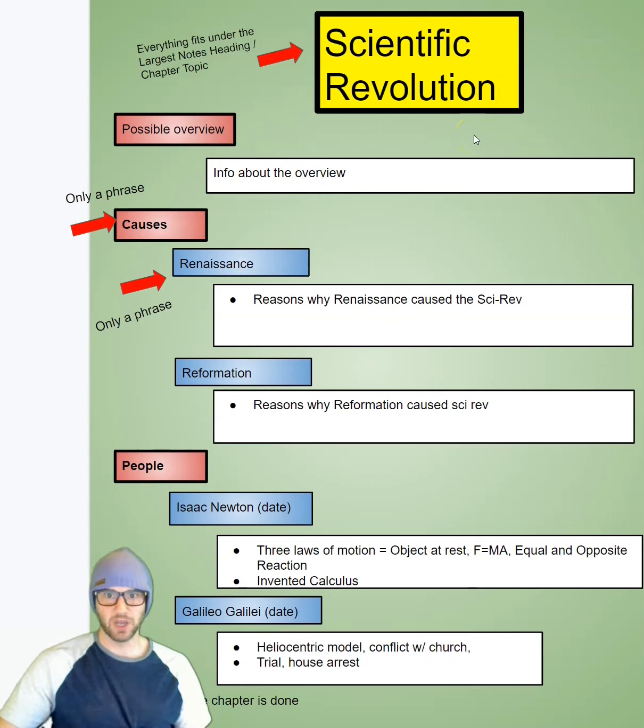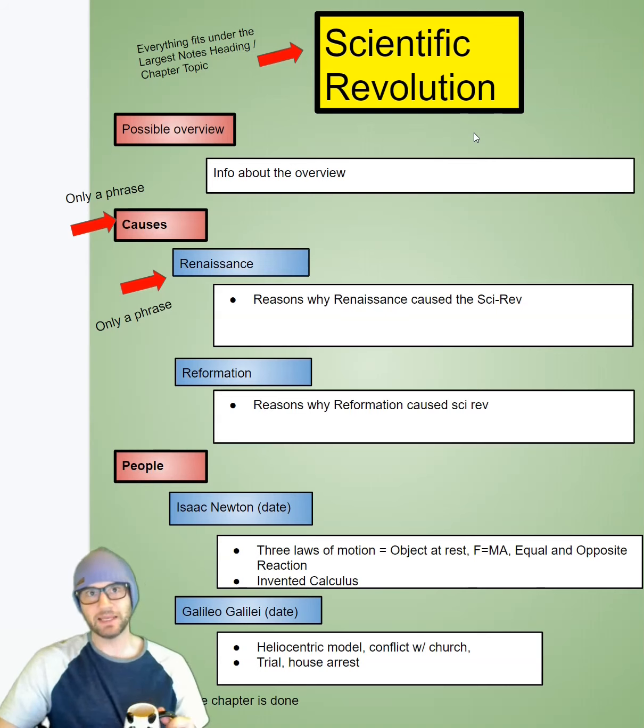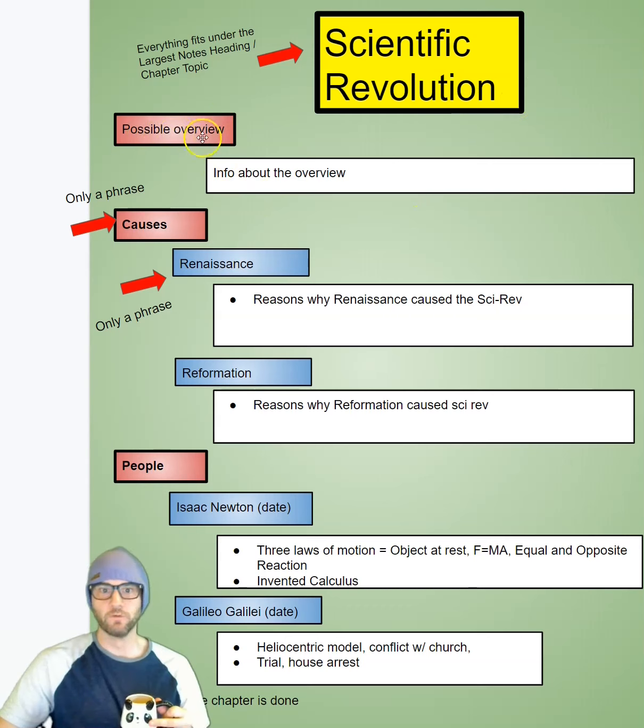Scientific Revolution. Now, oftentimes you might want to get some vocab out of the way to begin with, or your topic has some sort of overview you want to take notes on. Many chapters in educational textbooks have an overview before they get into other topics under the main heading. So your first topic might be an overview, right? And so what you do is you would put overview, indent, and then put the information that you want to put in on the overview. Maybe some vocabulary, maybe some books use setting the stage